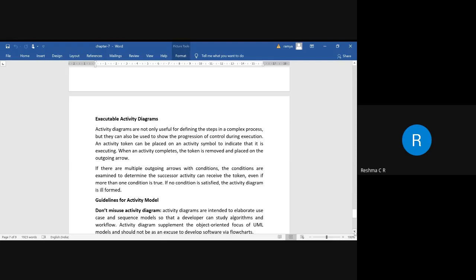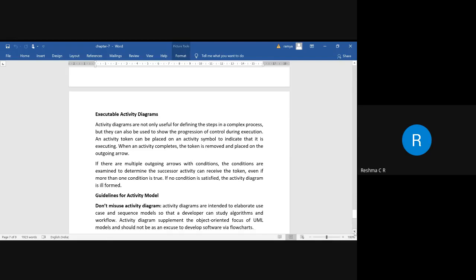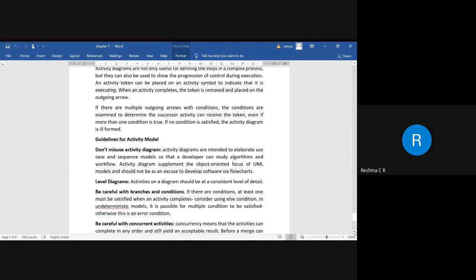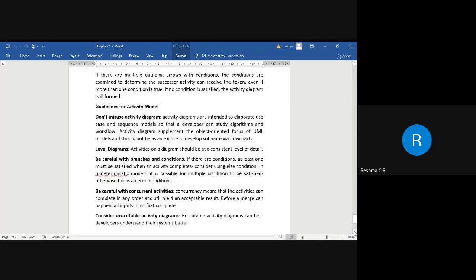When we are representing the activity diagram, we need to follow some guidelines. Those guidelines are: don't misuse the activity diagram. Whatever activity diagrams are there, they should be consistent with the use case and the sequence model in such a way that there is a flow in the system.